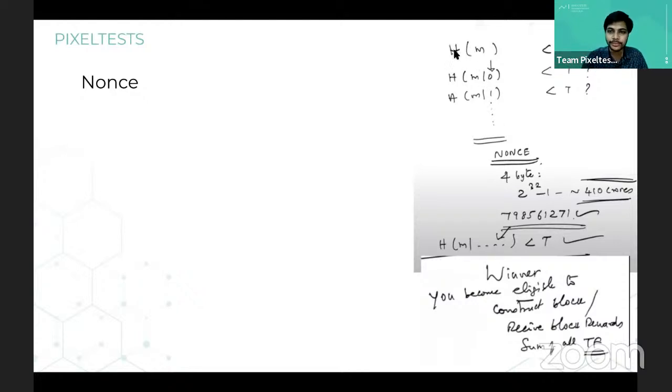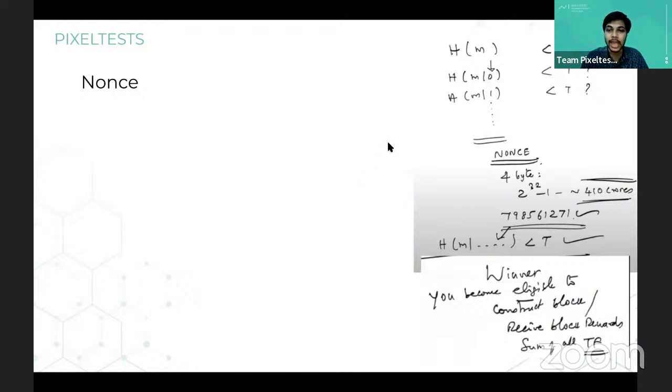For example, if a miner is trying to hash all the transactions, every time he is trying to find that number, the nonce, he starts from 0, 1, 2, 3, and continues going forward like that, right? So he goes forward, and at one particular number, he will be able to get the hash to comply to this particular equation. So whatever hash comes out, it will be less than a set threshold, right?